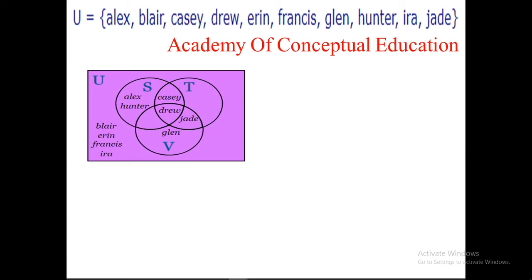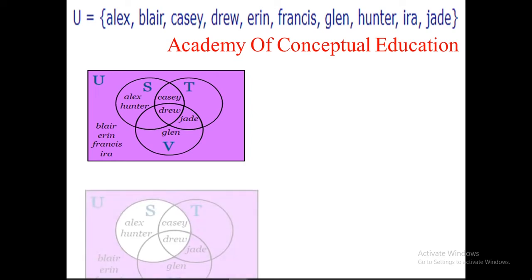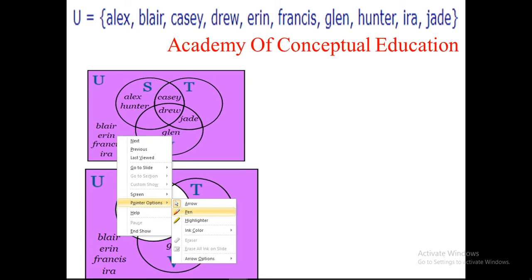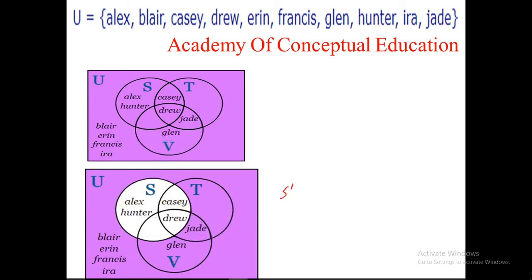This one is the universal set. Here you can see the names of all the players who play tennis, soccer, volleyball, and also those players who are not playing any of the games. Now if you want to write it, we can say that it will be S complement. Now S complement means U minus S. That is why we have shaded the whole rectangle except this circle S.